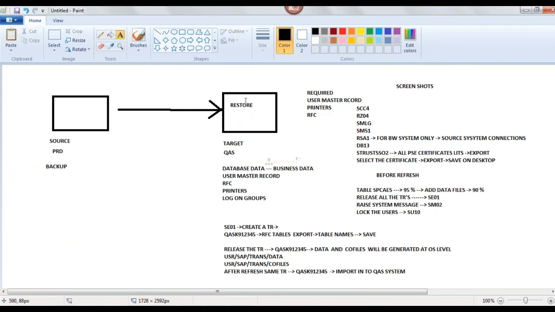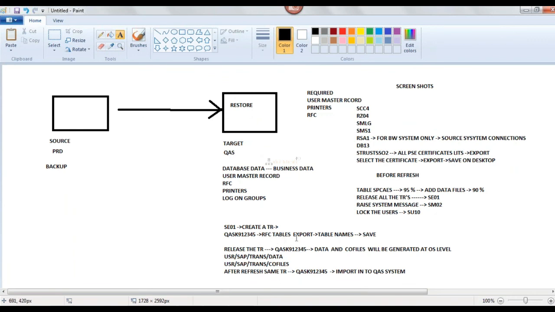After the restore, what do I need to do? The tables whose data has been exported into the transport request, I need to import those transport requests here after the refresh. Then I will get the old data again in the quality system.